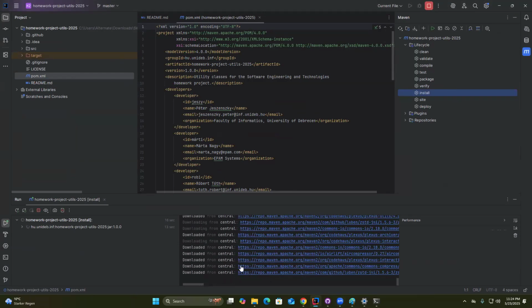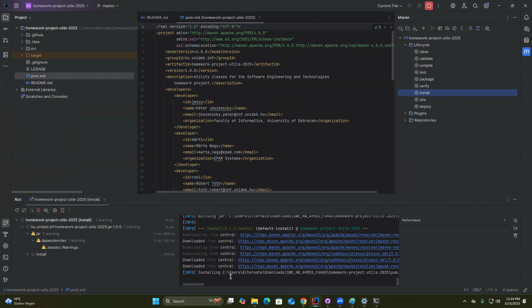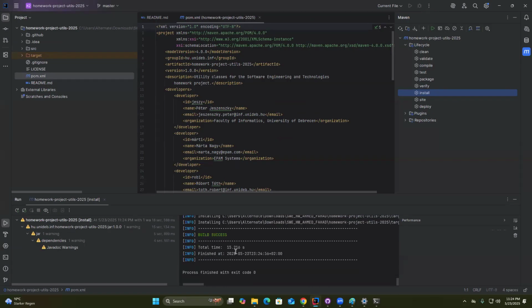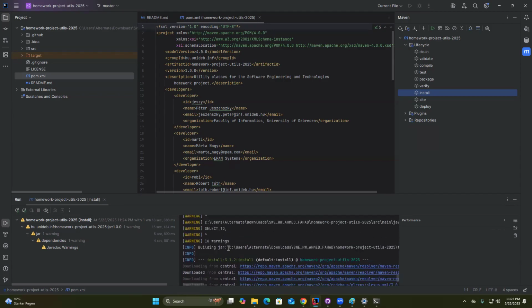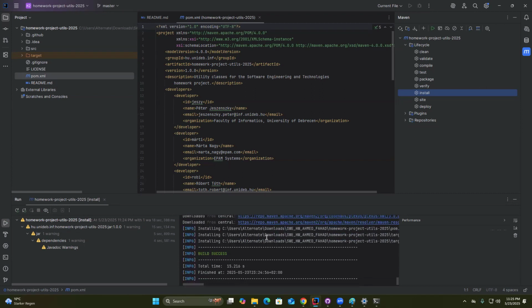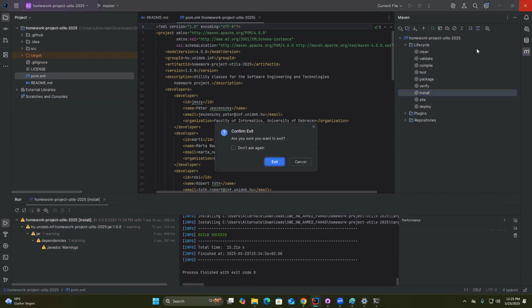Hmm, downloading. Build success. So that's all we need from this repository. We're done. Maven has added it to the M2 folder, so we're chilling. So now we go back. By the way, the reason these files can see each other, I think, is because of their group ID. I'm not sure yet because I haven't started studying Maven in detail, but